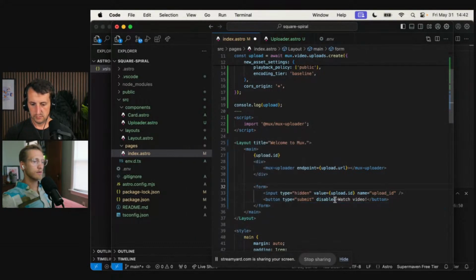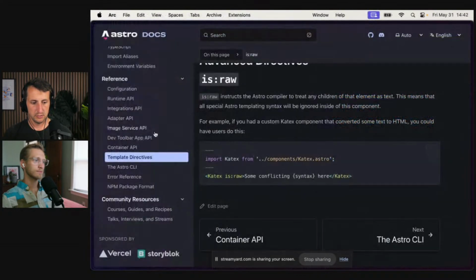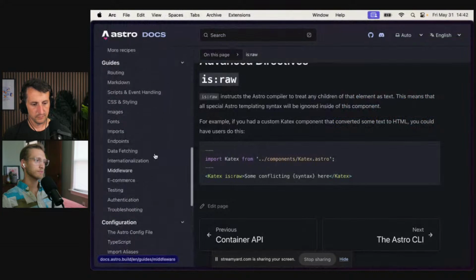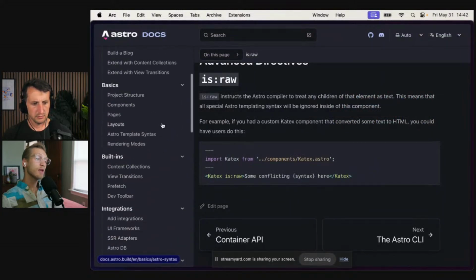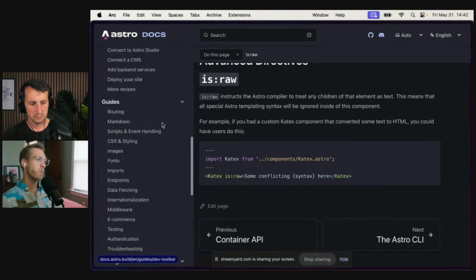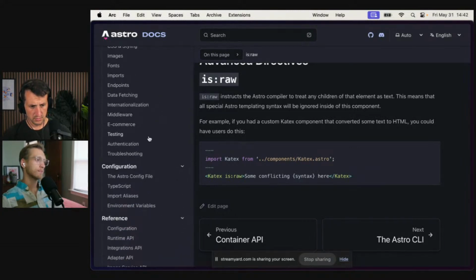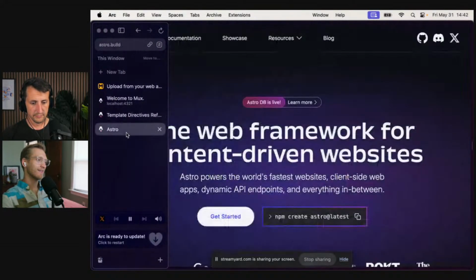Disabled. And then the last thing we want to do is write that action that the form is going to submit to. All right, so let's find the Astro Actions docs. Where you at? We got integrations, built... Yo, I'm not sure actions are actually in the docs because they're experimental. Oh no. So there are no docs. We're just YOLO living.